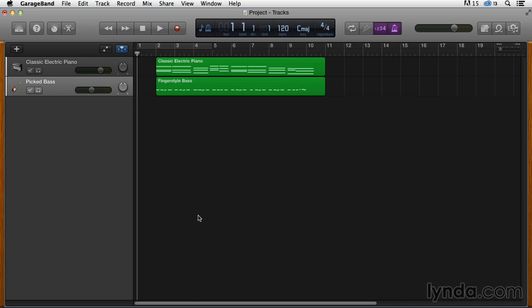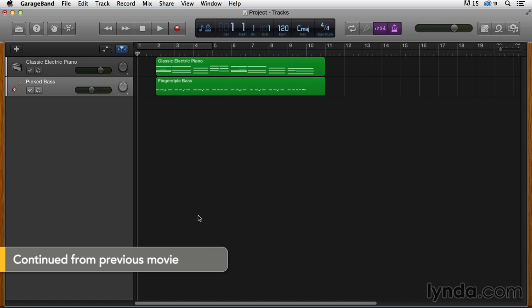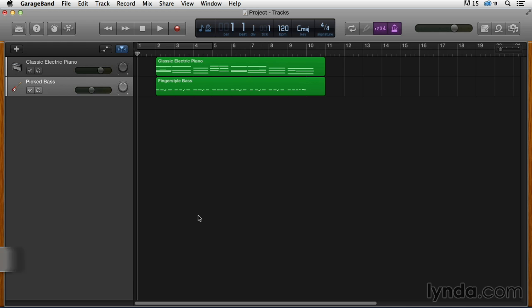Let's continue working with software instruments by adding a drum track to this project. Now, we've already seen that you can add drums and percussion to your project in the form of pre-recorded loops from the loop browser, or by adding the new drummer track to your project. And while those are both good options and appropriate for many circumstances, there are times when you really want a specific beat or rhythm on your song, and the only way to get exactly what you want is to play